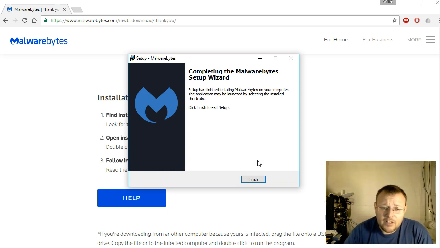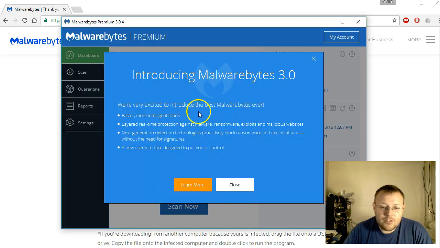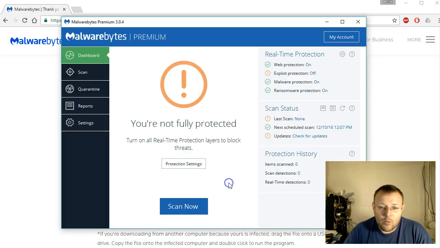So it is complete, so we're going to click Finish. And is it going to want to reboot? That I don't know. Doesn't look like it. Okay, introducing Malwarebytes 3.0. We're excited, and it gives you some of the new stuff. You can click Learn More. We're going to click Close. You're not fully protected,